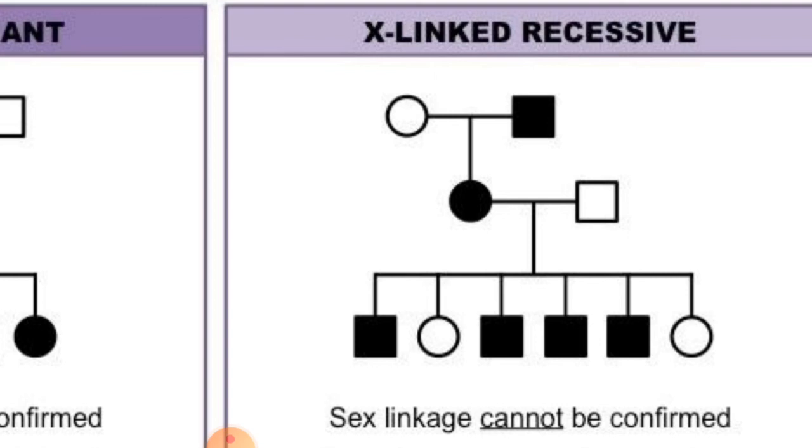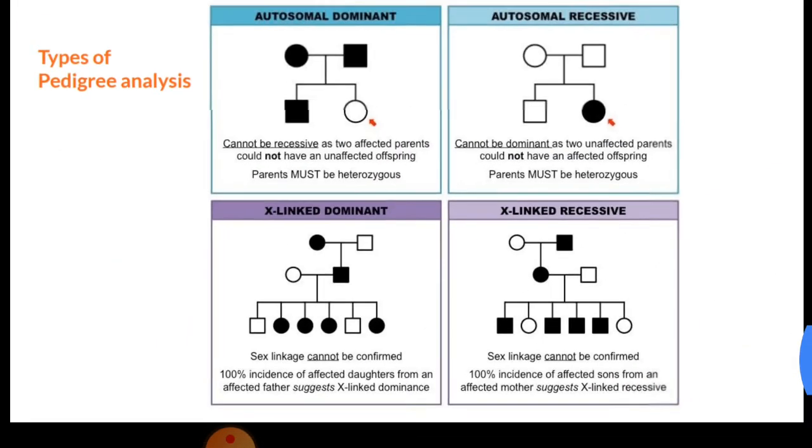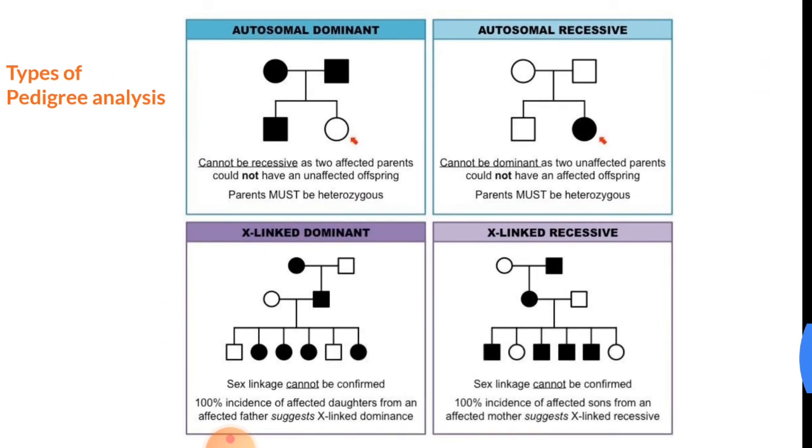In the dominant case, it needs only a single representation on the chromosome, whereas in the recessive one, it needs representation on both the chromosomes. Right? Clear? So these are the 4. And one more thing you should remember about the dominant and the recessive ones: in the dominant trait, the character is expressed almost in every generation. If you see 5 generations, 6 generations, it is represented almost in every generation.